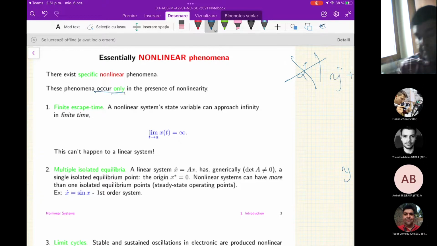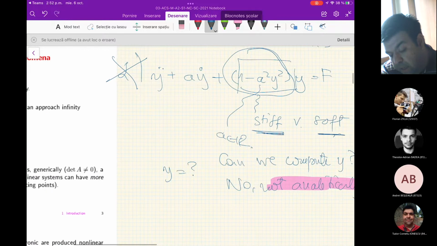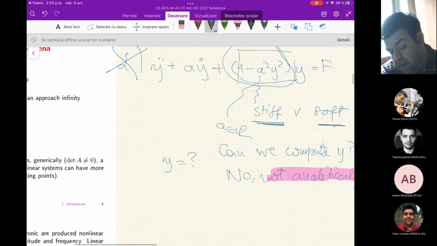But this is actually what happens. So you can get from a nonlinear system a solution which is discontinuous, which is not possible with linear systems. Linear systems yield only continuous solutions. Why? Because essentially, if you have a linear system of this form,